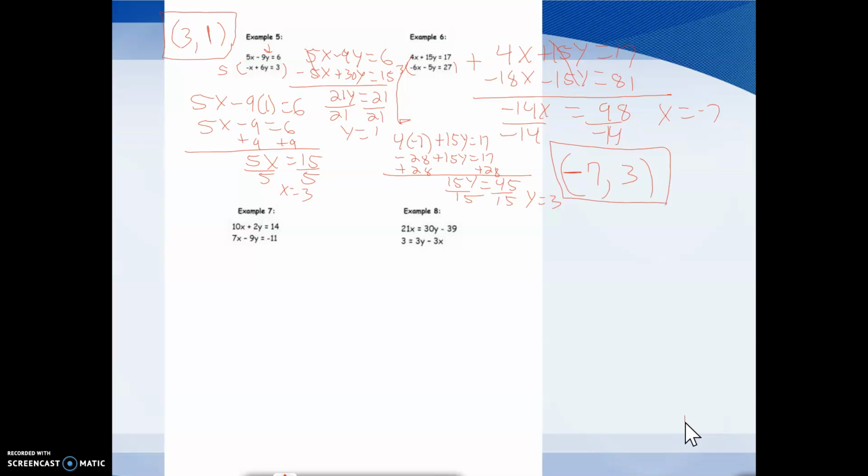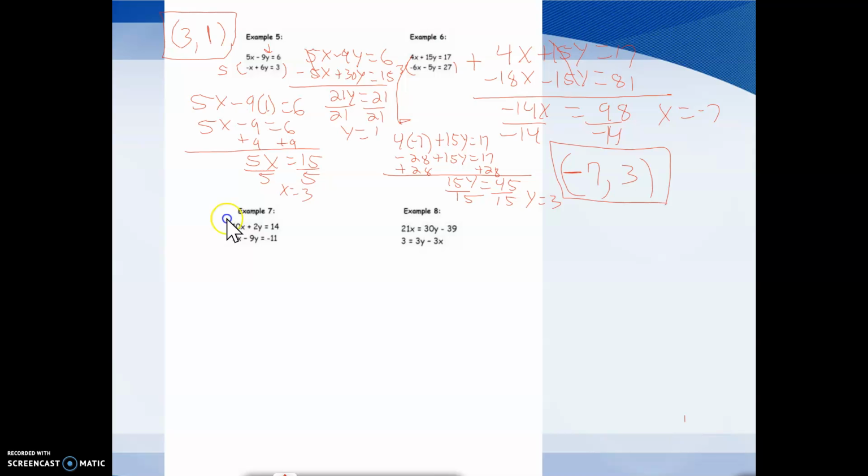Number 7. All right. So, if you look at number 7, you've got 10 and 7. Well, I don't know. First of all, they're not opposite, okay? But if you look at the second one, you at least have opposite coefficients. You have a 2 and a 9, okay? So what you could do is, to make them opposite, you're going to have to multiply each one by a